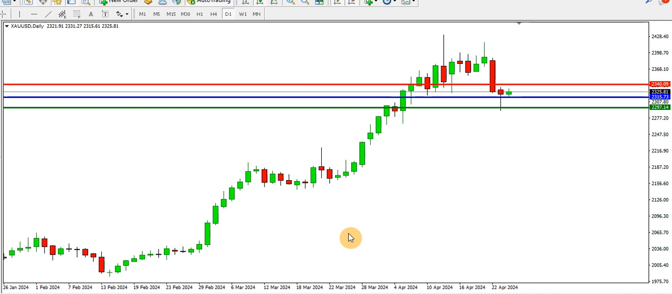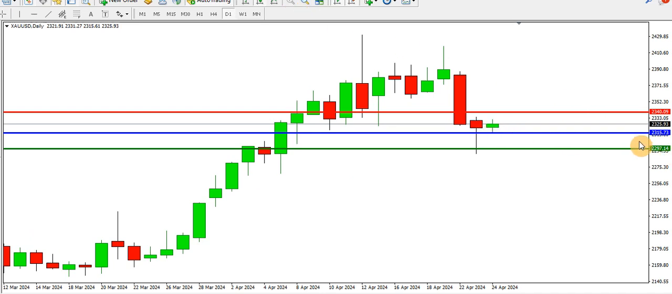Look at how we can trade gold on the lower time frames. But before we go to the lower time frames, we'll take a look at what has happened on the higher time frame. I'll start with the pivot analysis. On the daily time frame, we can see that